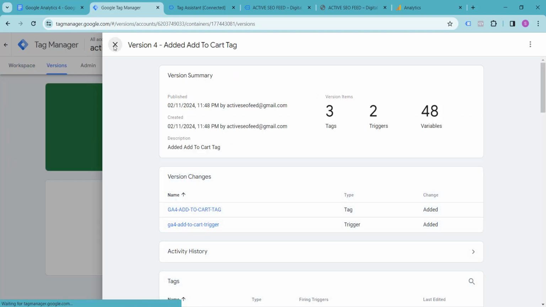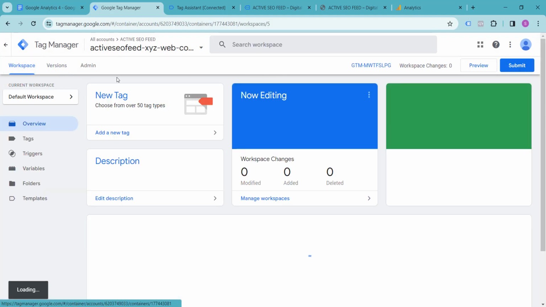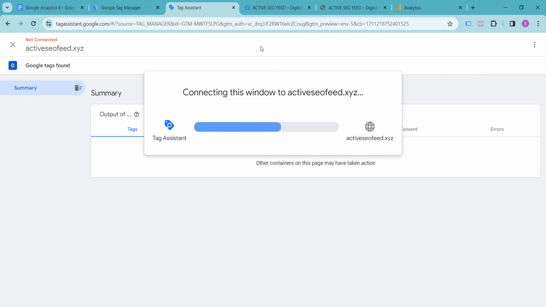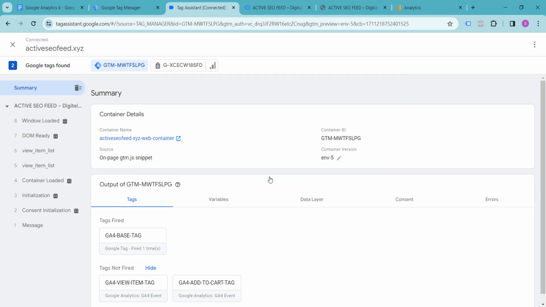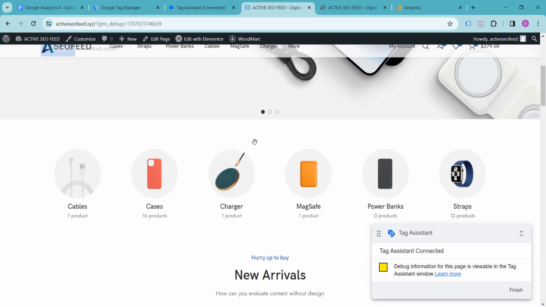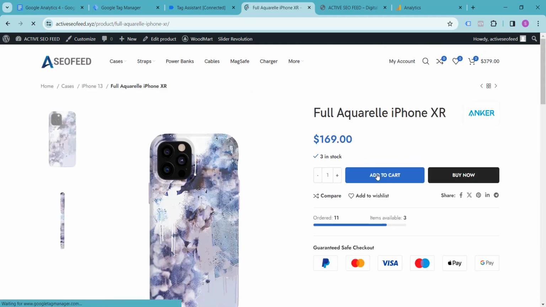Now it's time to check it. Simply go back to workspace and click the preview button. Everything is reloading. And click continue. Okay. Then this time for iPhone XR casing,